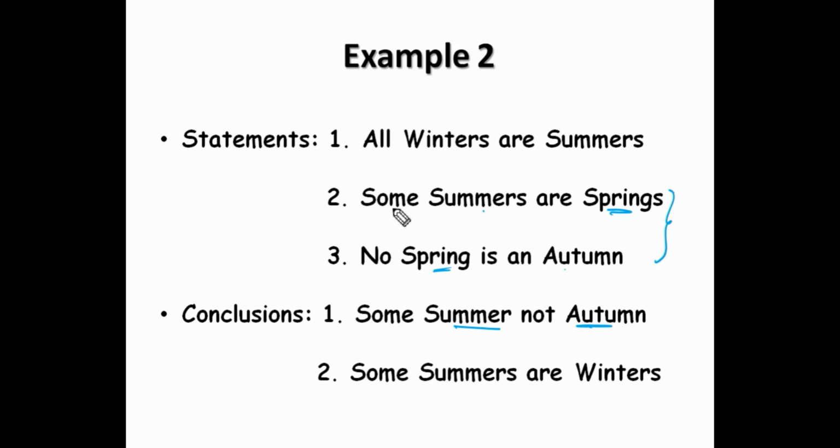Okay, first, positivity and negativity. Is some positive or negative? Positive. No is negative. So positive and negative, the result must be negative, and the given conclusion is negative. That is okay. The first step clears. Now coming to the second step: can you combine these two or not? Assign the values. Some means 50 and 50. No means 100 and 100. What is the common element? Spring is common. At least one value of spring must be 100. Yes, there is 100 in spring. So we can combine these two. Step 2 is also cleared.